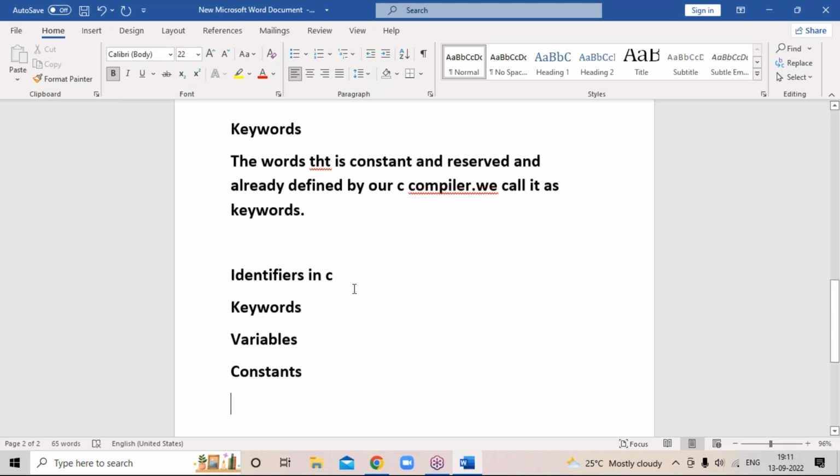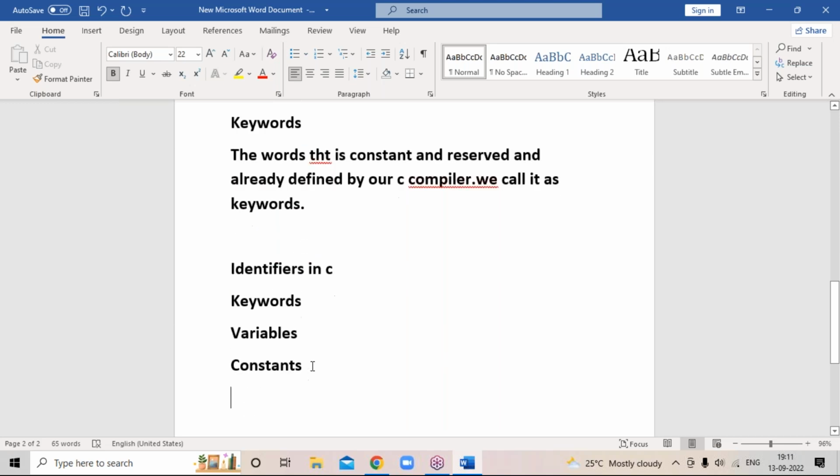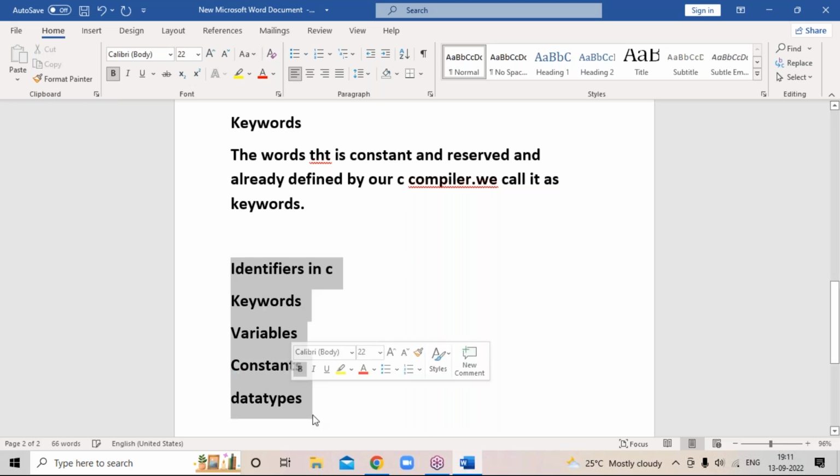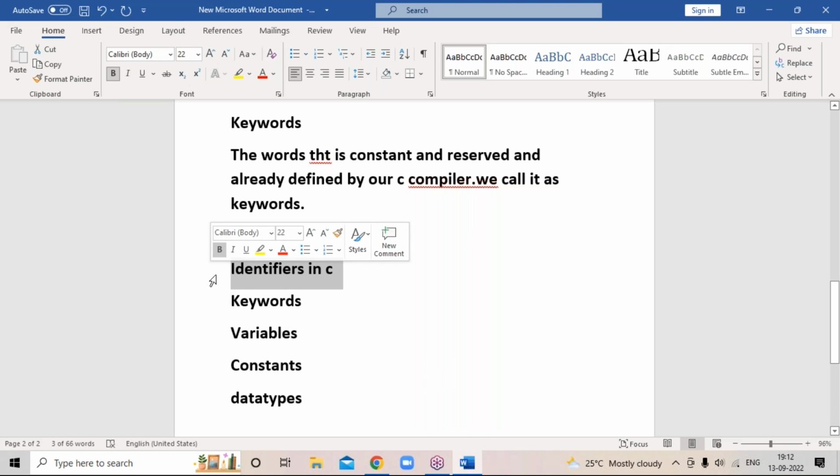We have data types, which are also identified by our compiler, as a keyword, as a variable, as a constant, as a data type. All these are listed and all these are called identifiers in the C programming language. Okay, clear? Next comes